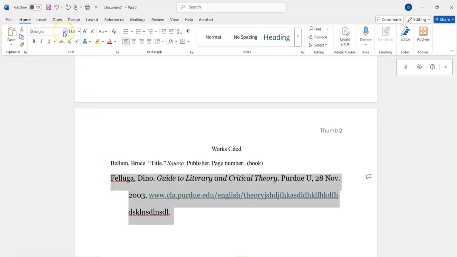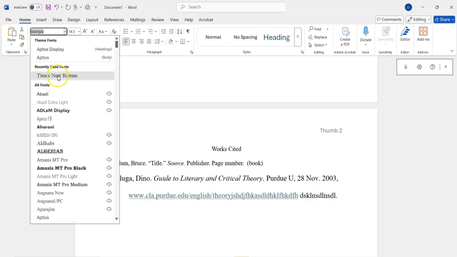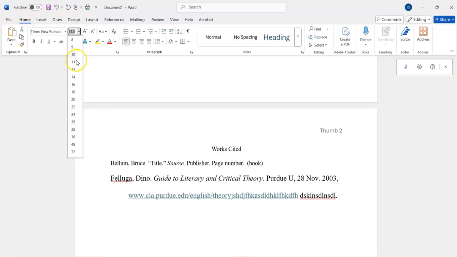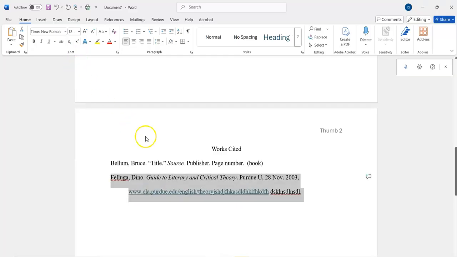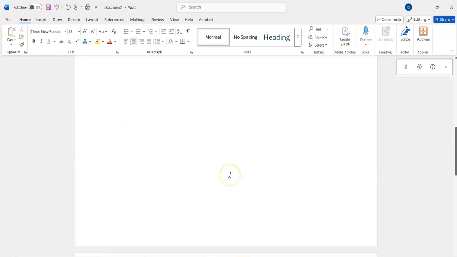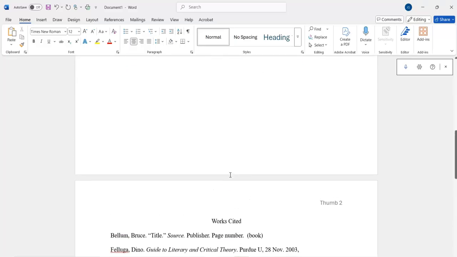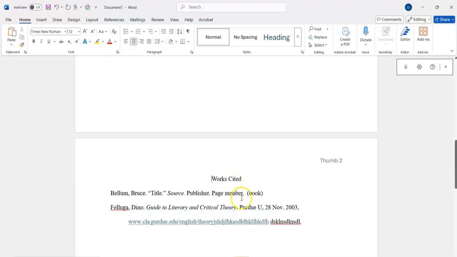This is Georgia, so I've got to change that to Times New Roman, and I also have to change the font size down to 12, which is what everything else is in, and that way you've got it all looking perfect. That's it. That's how you should be doing your papers, and how you should be doing the basic